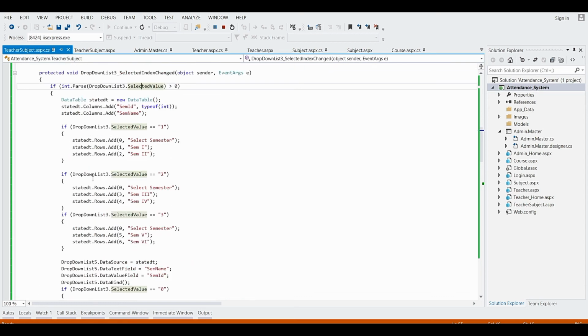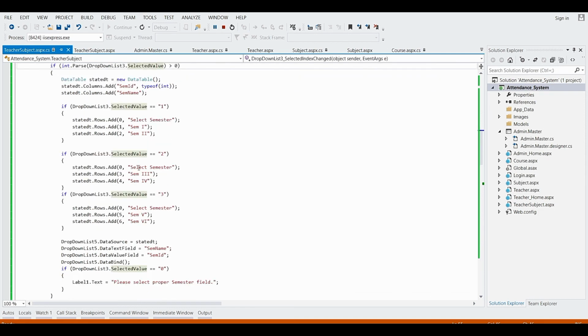Now in the second if condition, if drop down list 3 dot selected value is double equal to 2, then it is going to add rows with the following data. First 0 with "Select semester", 3 with sem 3, 4 with sem 4. This is the SEM ID and this is the SEM name.